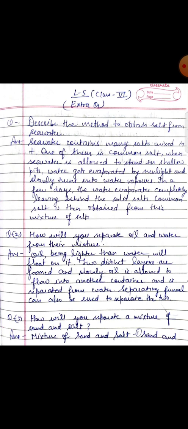After that, if the salty water still contains fine particles of sand, that can be filtered with the help of a filter paper, so that we can get clean salty water. After filtration the filtrate is clean and we are getting clean salty water. Now we will use the process of evaporation. After evaporation, all the water from the salty water will evaporate and the salt will remain behind, and the sand which we have already left in another container can be dried.